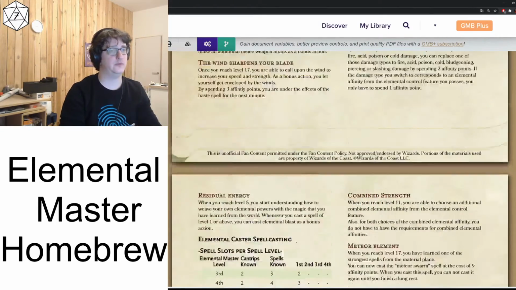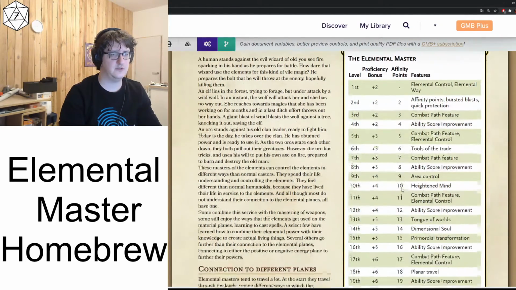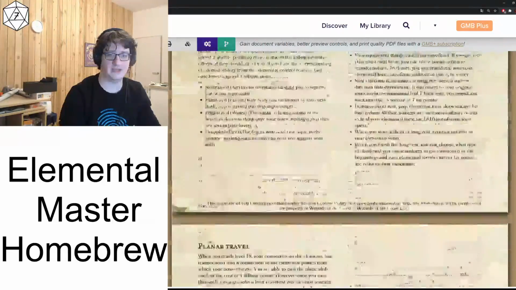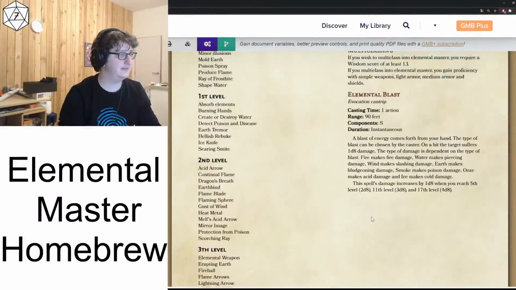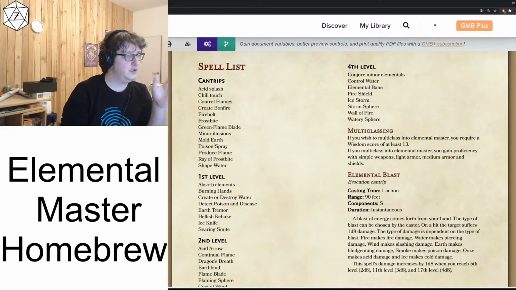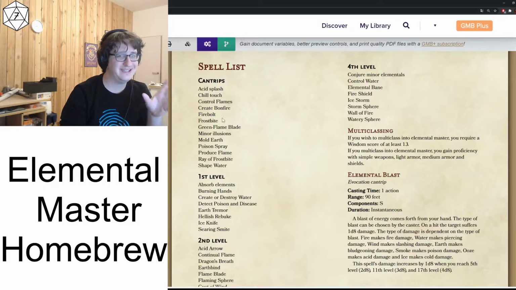So I'm going to do 2 things. I am going to go up here quickly, and I don't need to change the combat path feature. Actually, I just realized I don't have to change anything because it just says combat path feature. The last thing, we'll have a look at the spell list. I'm just going to go quickly through these. The point here is that all of these spells, to an extent,